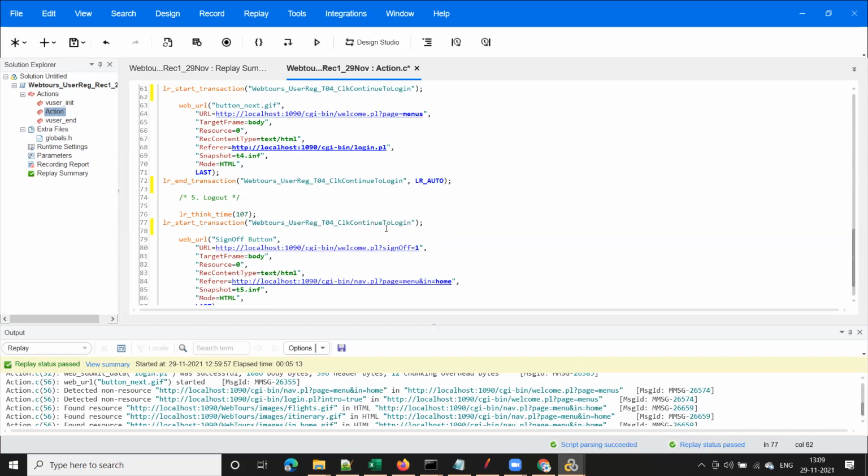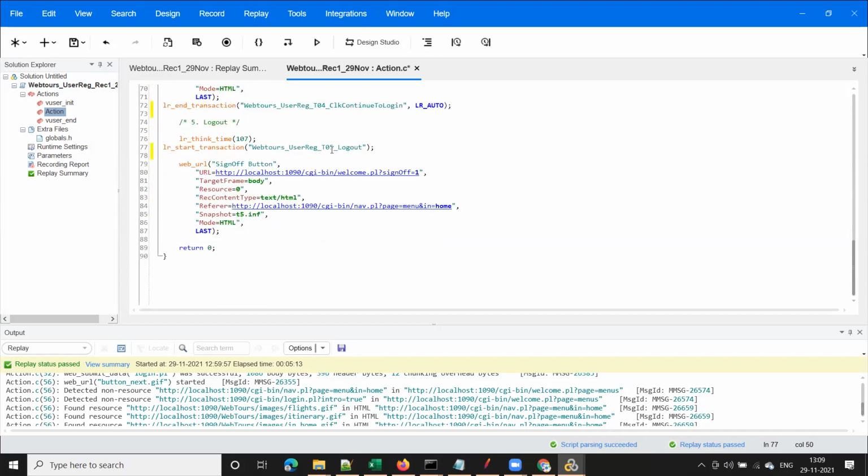This is the last step, which is logout step. So change the transaction number and transaction name. Right? And copy this transaction name and use Control Shift T and done. I kept the transaction points now. Means now I will get the response time of each transaction now. Right? Can I replay the script now?